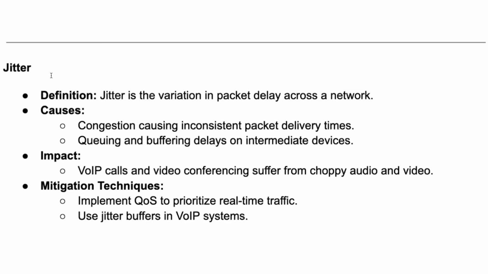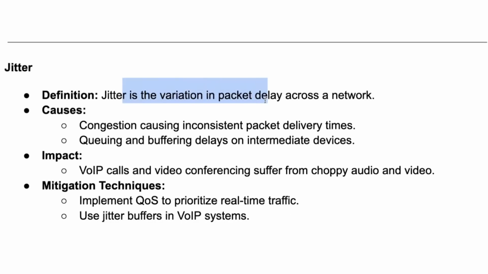And the next bottleneck is jitter. This is the variation in the packet delay across the network. So think about jitter as a variation in the latency, right? So this is the variation in the speed of your network and how quickly things can go in and out. So there's congestion causing inconsistent packet delivery times. There's queuing and buffering delays on intermediate devices, and this can cause VoIP calls or video conferencing to suffer from choppy audio and video, and it can cause